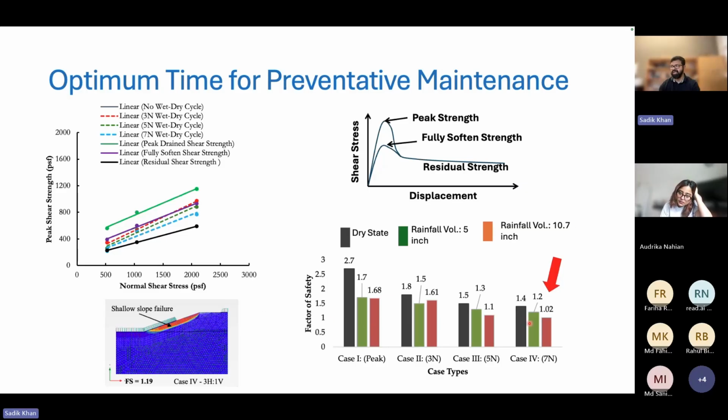Here we can see a result from a rainfall simulation where we have a slow and sustained rainfall for a given time. And for the slow and sustained rainfall with 7 wet-dry cycles, we can see the factor of safety reaches very close to 1. So we can consider this a situation which will trigger a landslide on that